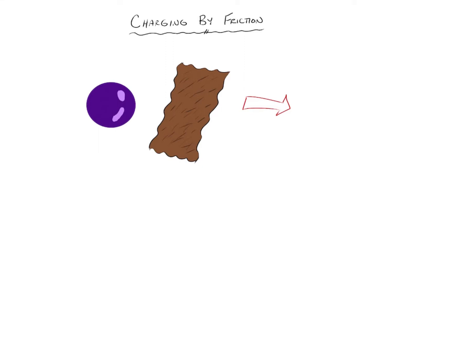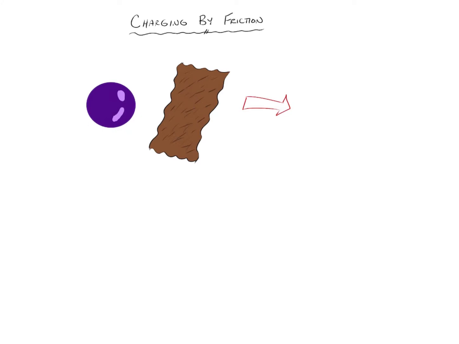It's one thing to calculate the amount of charge an object possesses, but we need to further understand how that charge was even gained in the first place. There's three methods that we'll take a look at. The first being one of the more common, which is known as charging by friction, which is exactly what it